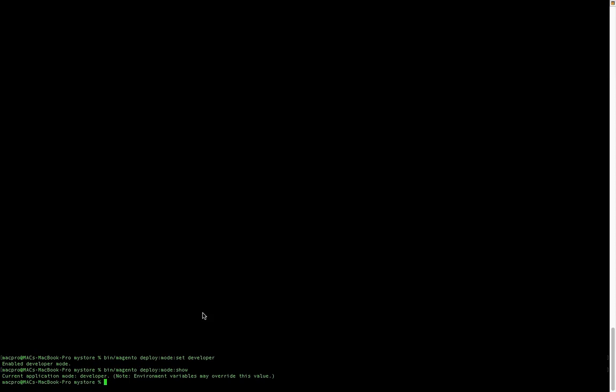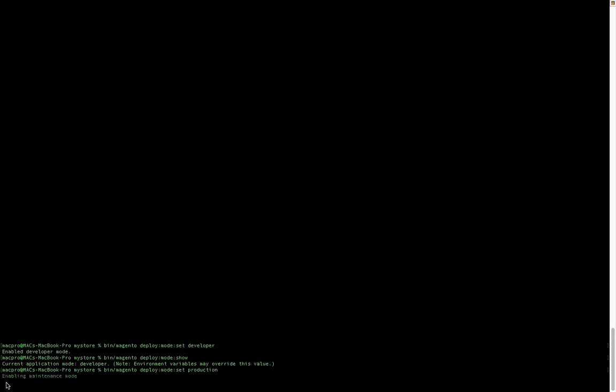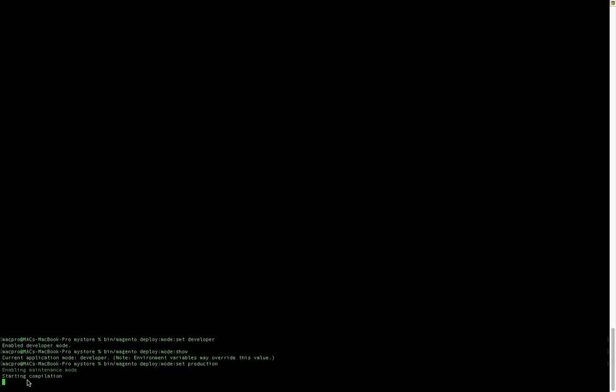And okay, next set Magento to production mode. You can enable production mode by running the below command: bin slash magento deploy colon mode colon set production. Okay, enter. Enabling the maintenance mode. Starting compilation.